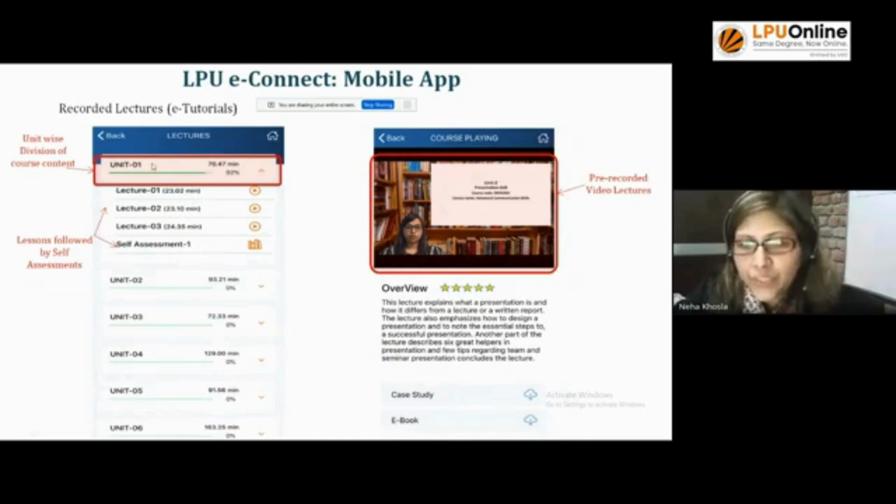एज आई अर्लियर टोल्ड कि यूनिट वाइज जब हम एक्सपैंड करते हैं तो मल्टीपल लेक्चर्स होते हैं, और हर लेक्चर जो है सेल्फ इज फॉलोड बाय द सेल्फ असेसमेंट, और ये यूनिट वाइज आपकी प्रोग्रेस है। यहाँ पे द वीडियो ऑन मोबाइल विल लुक लाइक दिस, और ओवरव्यू विल आल्सो बी देयर, या अदर रिसोर्सेज विल आल्सो बी देयर अंडर दिस सेक्शन आल्सो। अभी जैसे कि मैंने बोला, कुछ कुछ फीचर्स हो सकते हैं जो यहाँ पे आपको अवेलेबल नहीं हो।